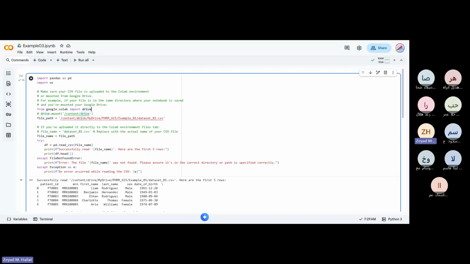Okay, so the very first thing that you will do is import pandas and import os, and this os is for manipulating and reading the contents of a specific file and folder. And the next line is what you see in here, this selected line. It's drive.mount and content drive. So this one you need to do one time. Every time you run your